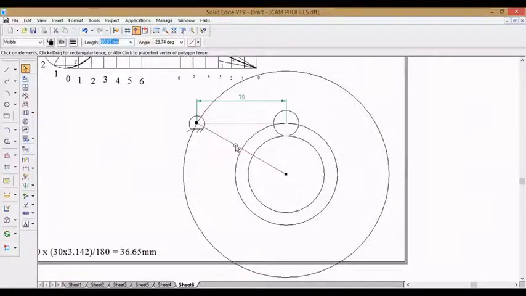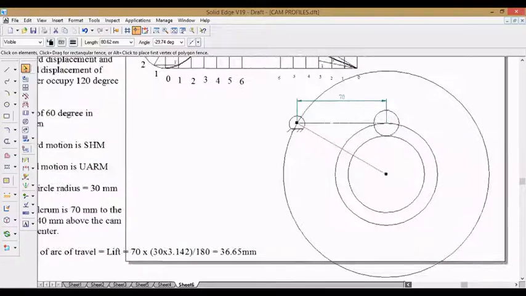The difference is, till today, what we discussed, the radial cams for knife edge follower, roller follower, and others, with respect to the vertical line. But now we need to measure the angle with respect to this line, the line which we have drawn from the center of the cam to the fulcrum center.